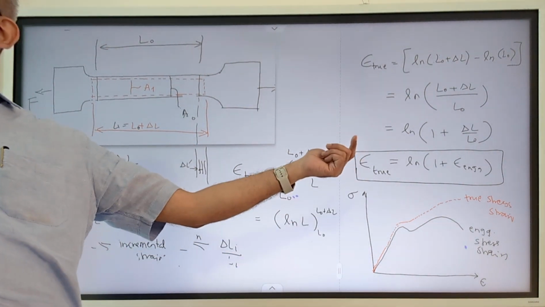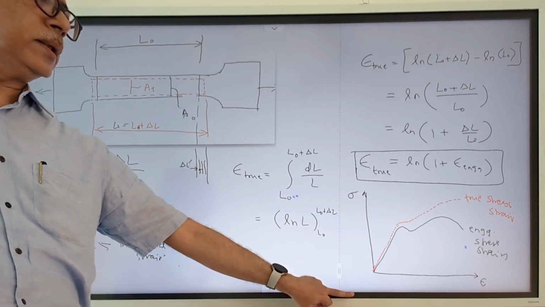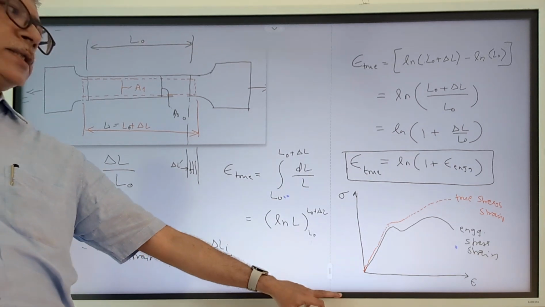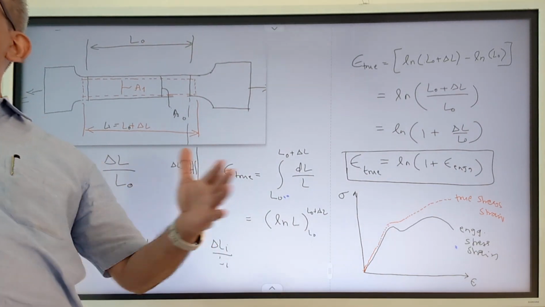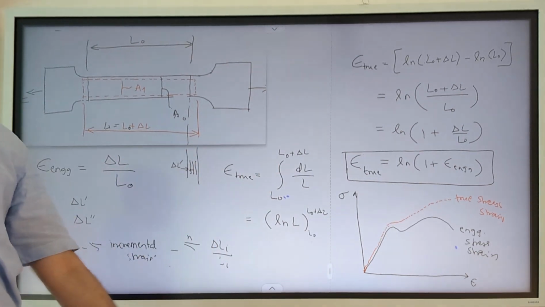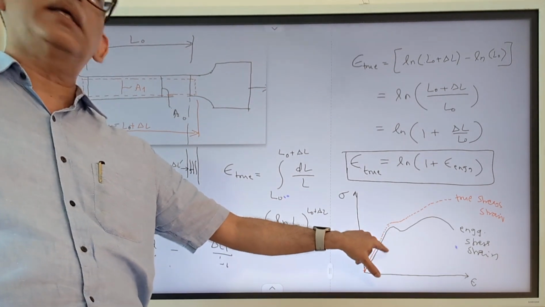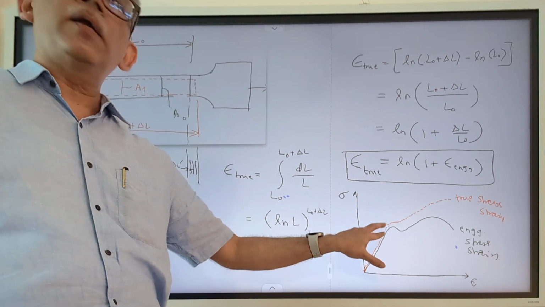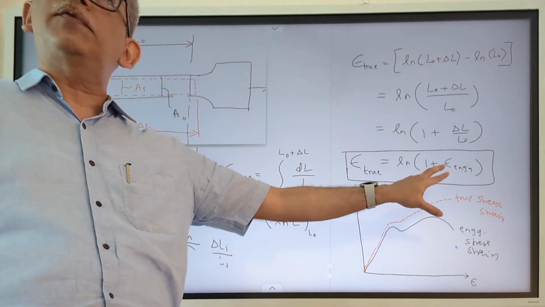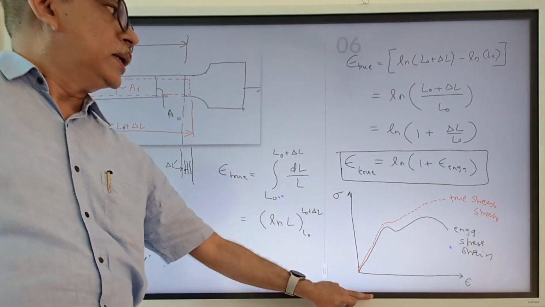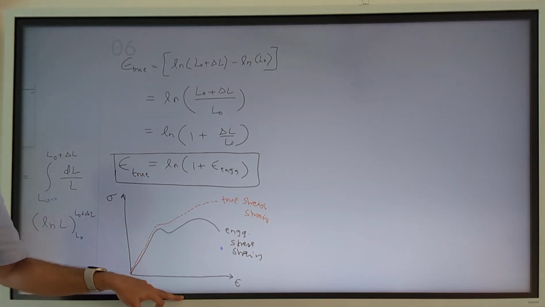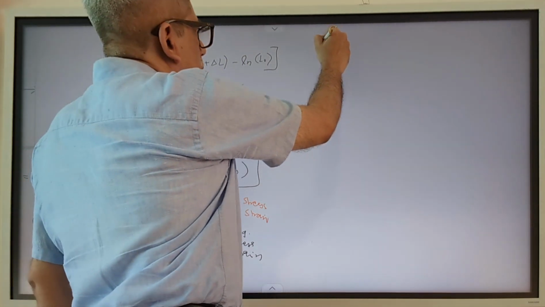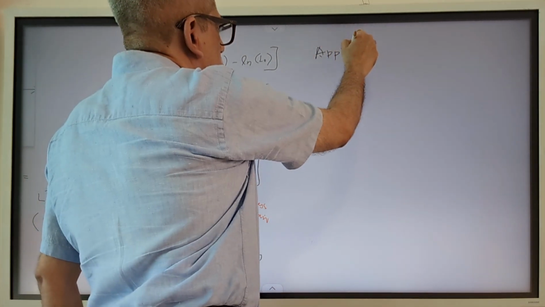What is the application of this concept? The most widely used application, or where you must use true stress strain, is where you are having larger deformation. If it is a small strain problem, that is you are in the elastic region, it hardly makes any difference whether it is true or engineering, because the difference is very small, but it becomes very large when you are in the plastic zone. So when you are solving any problem involving large strains, you apply this true stress strain.